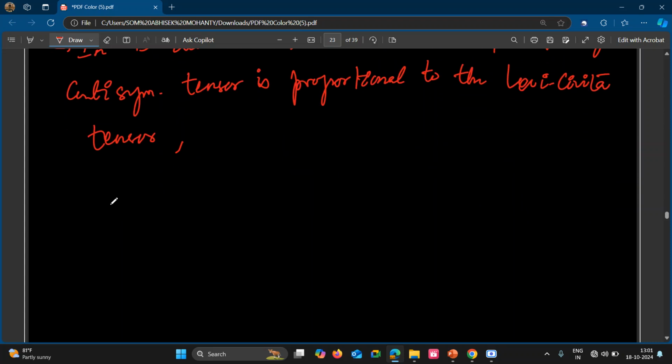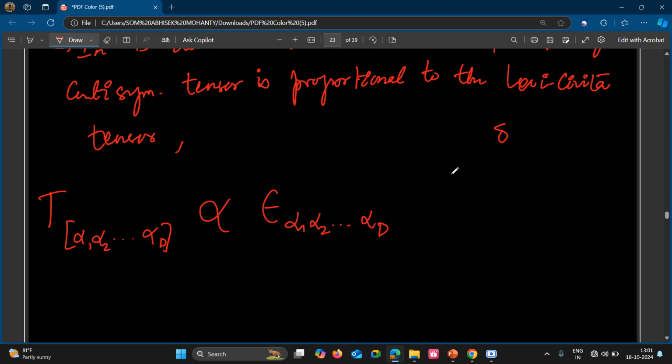Which is defined by, we can say, T. This is antisymmetric, so T with square bracket alpha 1, alpha 2, dot dot dot, alpha D, D dimensions, is proportional to Levi-Civita, which is your epsilon. Kronecker delta is delta, Levi-Civita is your epsilon. Epsilon alpha 1, alpha 2, dot dot dot, alpha D,